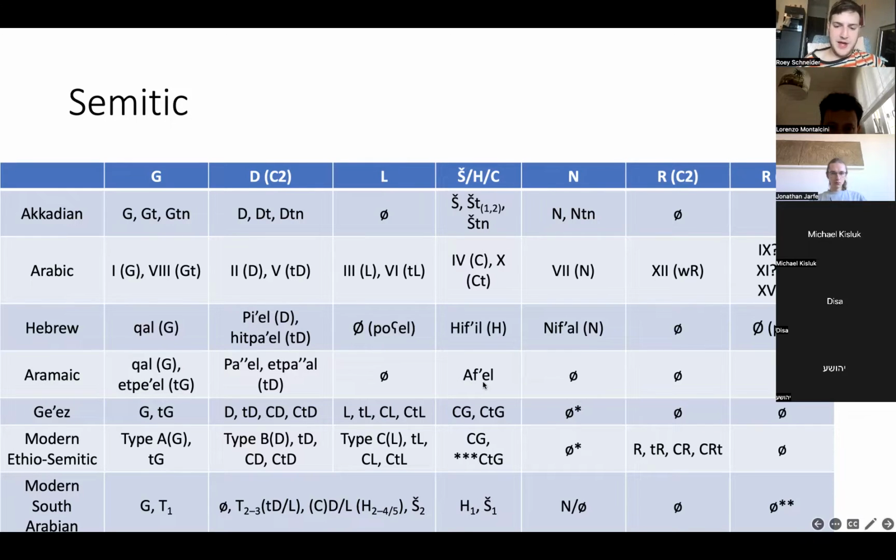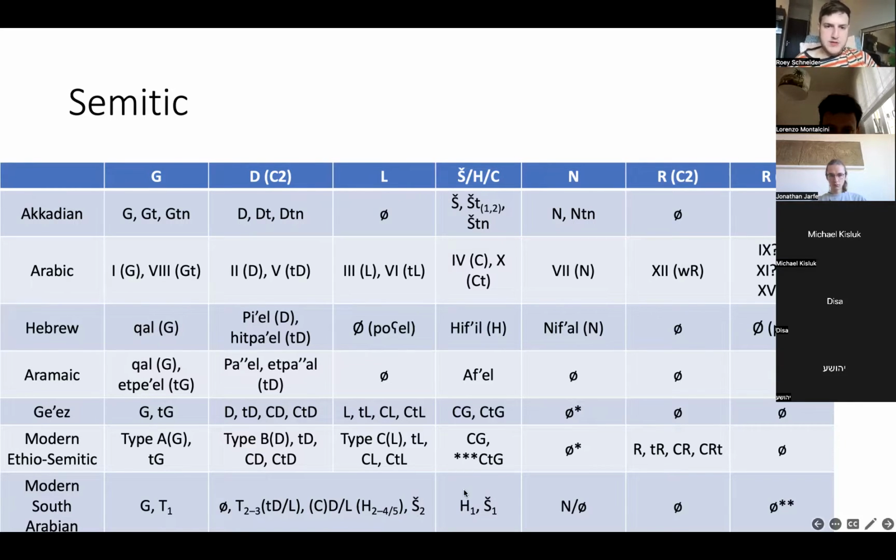In Aramaic af'il. And in Ge'ez, CG, CTG. So you can add the causative to the G also, and also have the istaf'ala or something like that. In modern Ethio-Semitic, they all have an afa'ala stem, but they have different kinds of istaf'ala stems. Sometimes they're atfa'ala, and sometimes one language has more than one. And it differs also with the verbal classes. It's weird, I don't know.